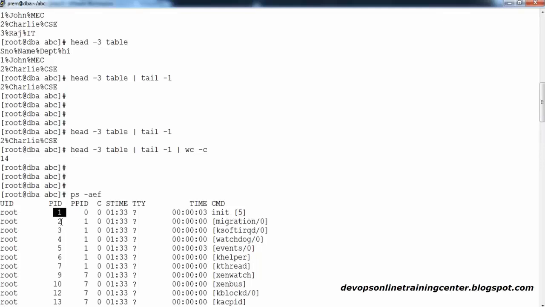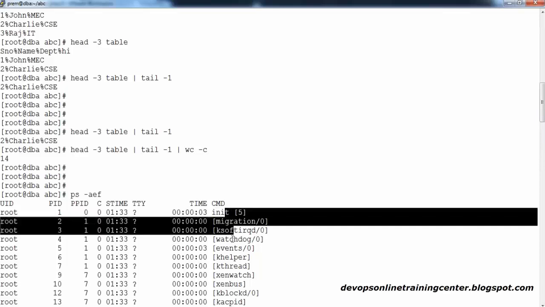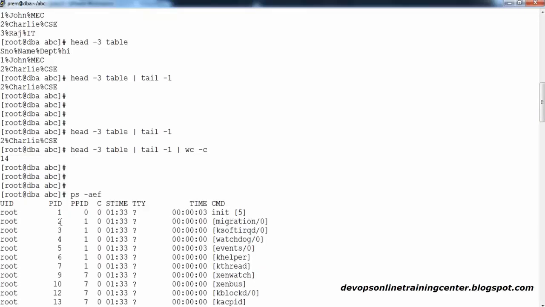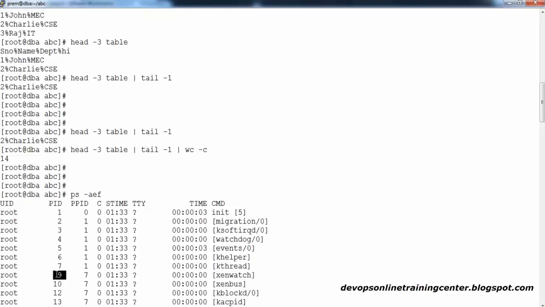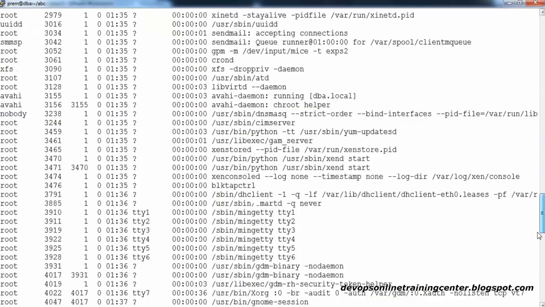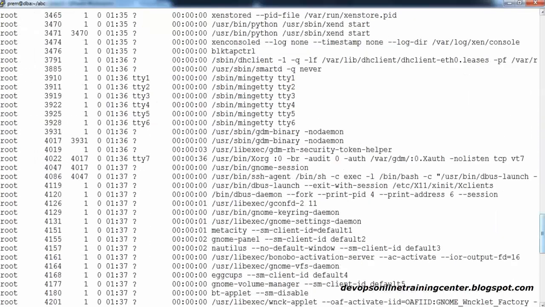Now look at the list of other processes, second, third process, its parent is what, 1, nothing but the init process. As a parent, it forked many child processes. Guys, these are all the OS processes actually. So it forked second, third, fourth, fifth, sixth, seventh, and when it comes to the ninth, look at this, the ninth process was forked by 7. So this is a big chain and you can find hundreds and thousands of processes forked from each other.